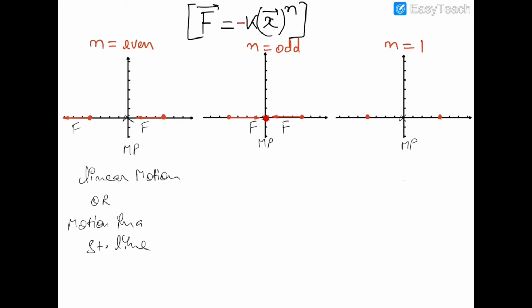So this particle would retard on this negative x-axis, and ultimately it would stop at the same distance from which it was coming in the positive x-axis. So if this is A, then this would be also A. So this is an oscillatory motion. You can see that the particle will start to move like that and will stop at this point and will again start to move like that. And so it is a to and fro motion about this mean position. So this is an oscillatory motion.